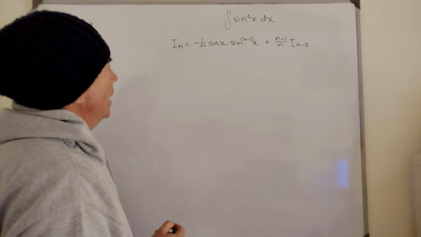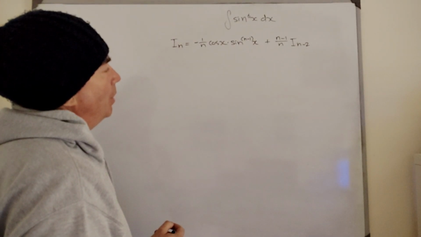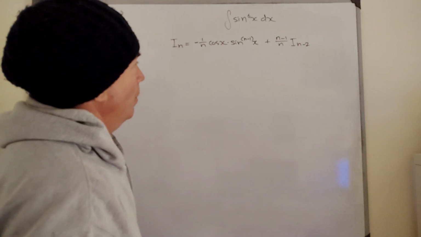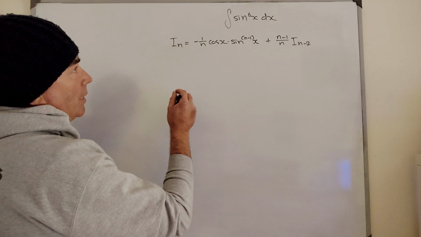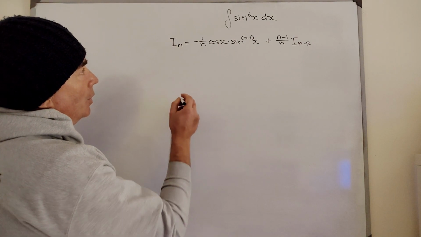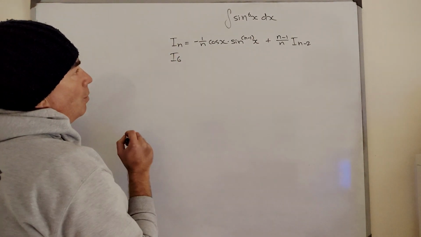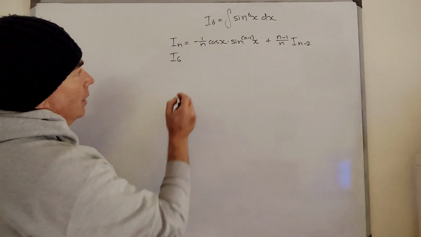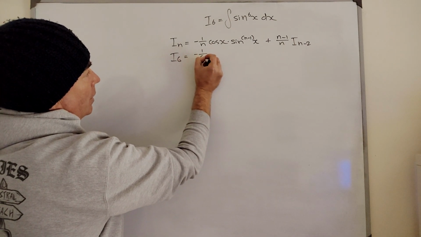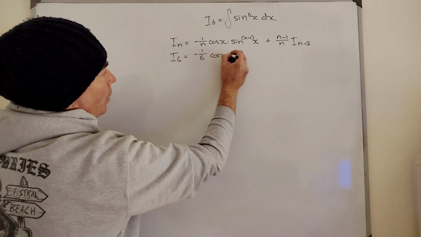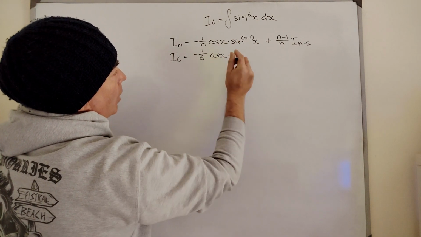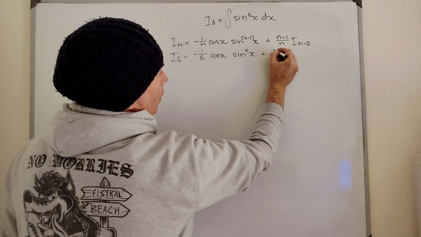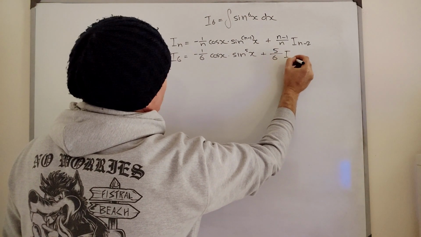In general, the integral of sine to the n of x is negative 1 over n cos x sine to the n minus 1 of x, plus n minus 1 over n multiplied by the integral of sine to the n minus 2 of x. So in this case, we set n equals 6. So the integral we're after, which is I6, the integral of the 6th power of sine x, is going to be equal to negative 1 over 6 cos x, sine to the 5 of x, plus n minus 1 over n, which is 5/6, I n minus 2, which is